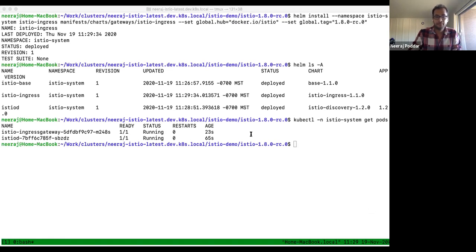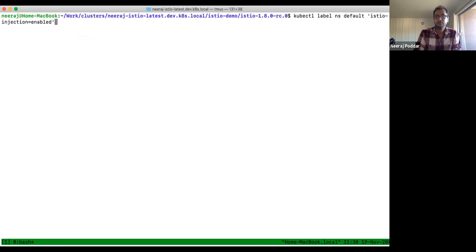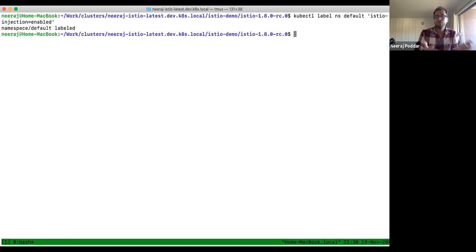So now I'm going to just quickly deploy Bookinfo and make sure that this Istio installation is actually working and I'm not just showing you something that doesn't work. So before you deploy your sample application, you have to label your namespace for Istio injection to be enabled. That's what I did.